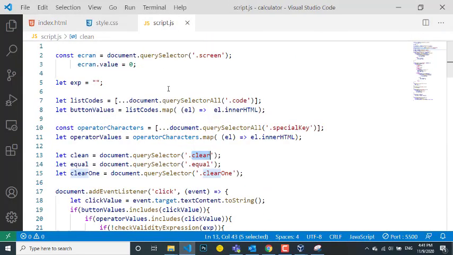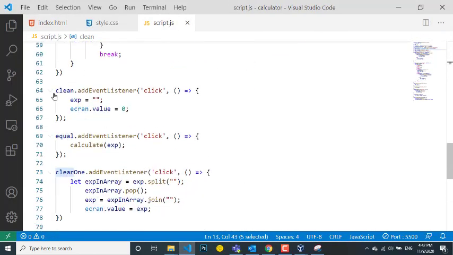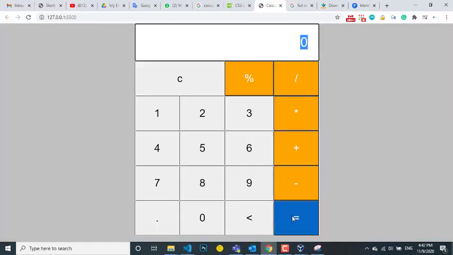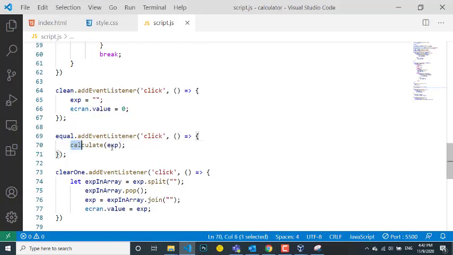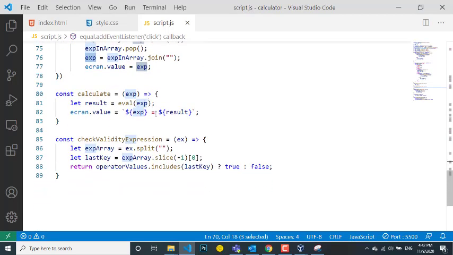So this is what this is doing. This clean is actually just getting the expression from the screen and making it an empty screen and updating the screen by giving its value 0. So now if we are doing equal, the equal button, if you press it or you press this equal from this guy, then we are calling the calculate function and we are passing the expression. You will just evaluate it and update the screen like this. Yeah, basically this is what we are talking about.